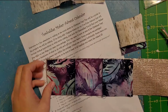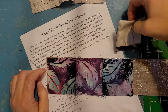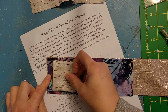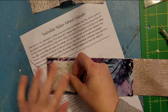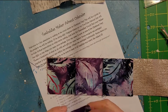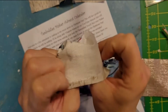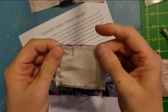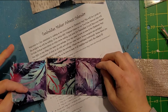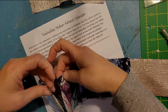So now, before I put this other piece, well, see, it's going to be smaller than this, simply because I've already turned it inside out, which is what I wanted to do. You can sew it on there before you turn it inside out. I didn't really think about that, because my brain is not functioning correctly today. I've never sewn a bag in my life. I'm just playing. So, the only thing you've got to be sure of is when you sew this to here,